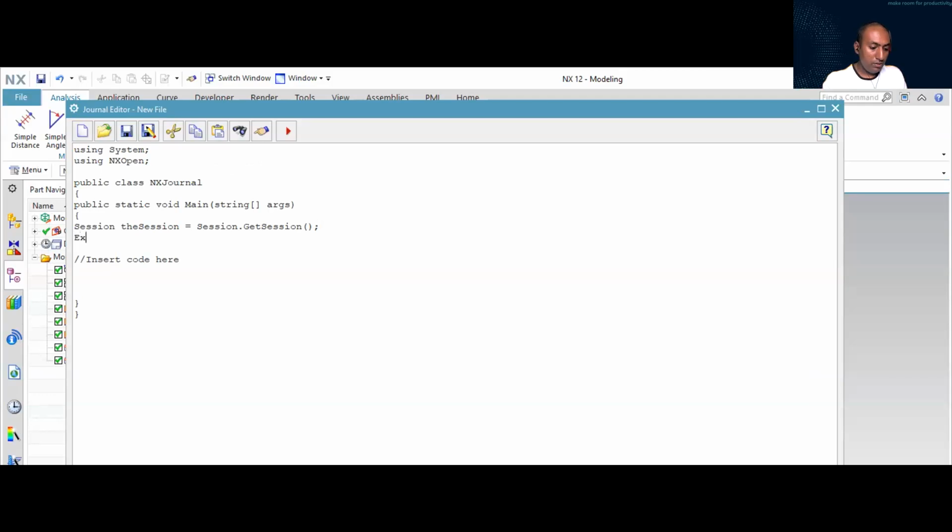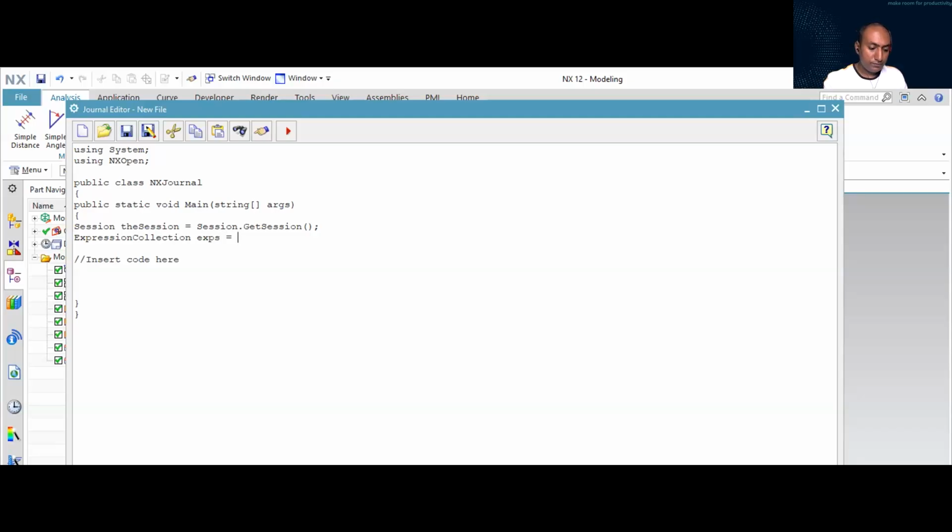I will start writing ExpressionCollection, which is an object type. So ExpressionCollection is the type we will use for this variable, and then I will provide the identifier. exps is my identifier name, equals to